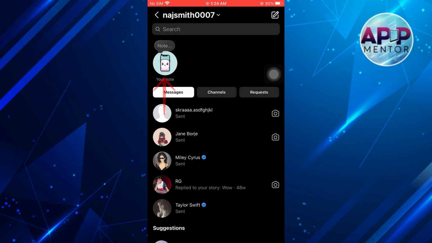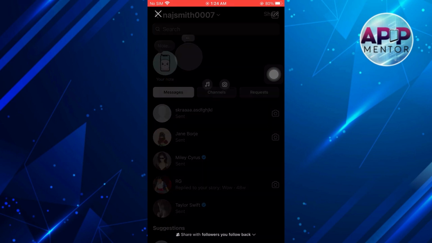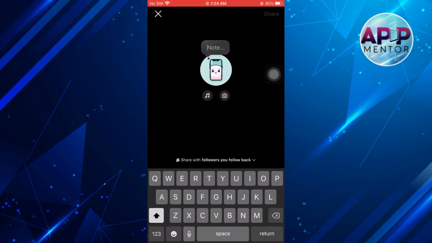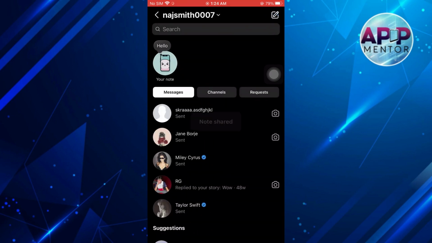To add a note, just click the bubble text on the top of your picture over here. Then just type any note you want. Once done, click share. So next is you can turn this bubble text into gold, which is the new feature